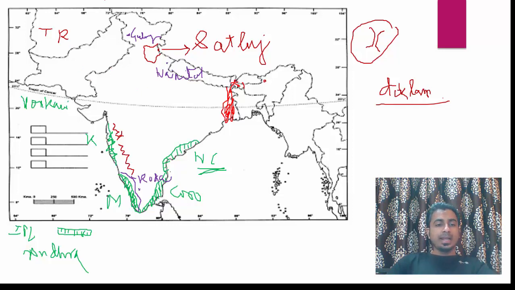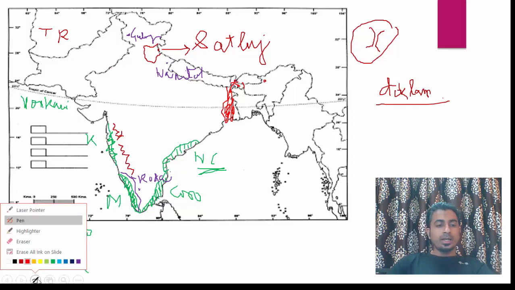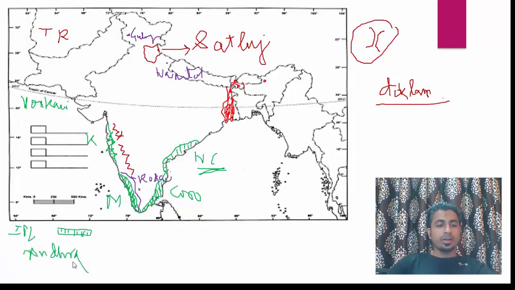Okay. Now a few miscellaneous items remain. For that I will take a different color. Okay, dark blue. Now we will mark the Great Indian Desert. For the Great Indian Desert, we will use this color. The Great Indian Desert is in Rajasthan, but the whole of Rajasthan is not desert. It is somewhat this much in the western part of Rajasthan. You can either color this or you can use shading or you can use lines to mark the Great Indian Desert. Okay. And then next is Rann of Kutch.